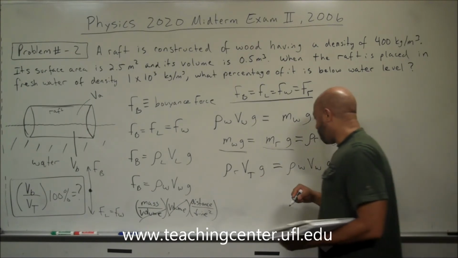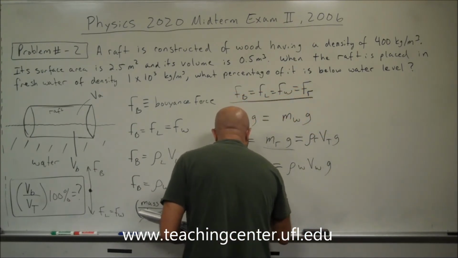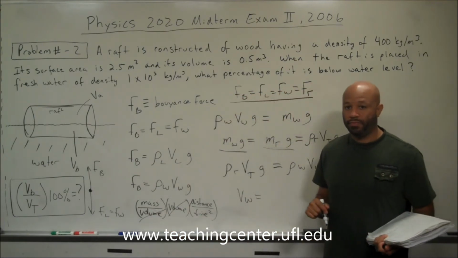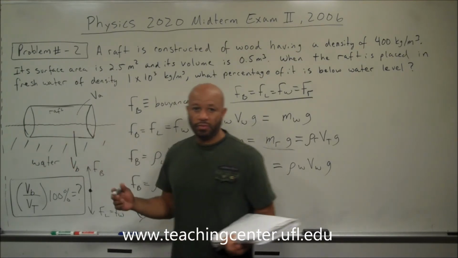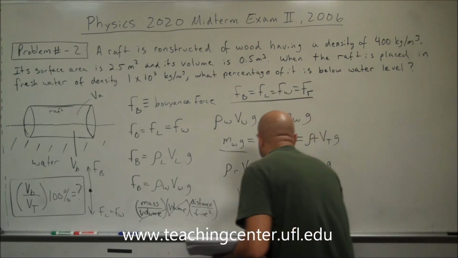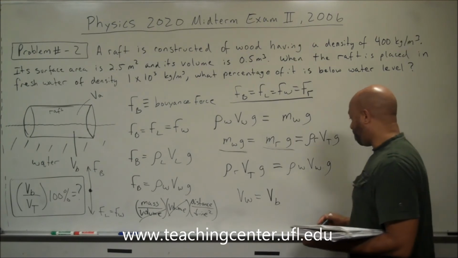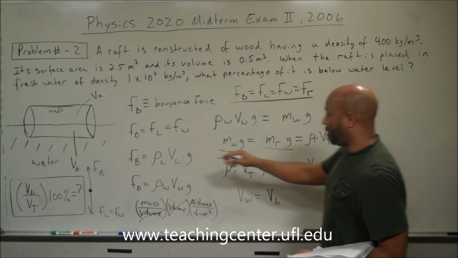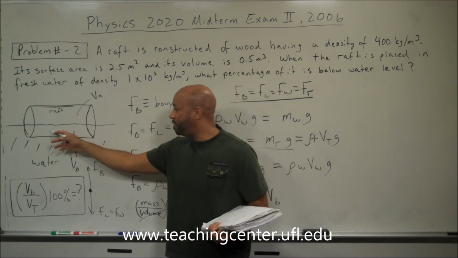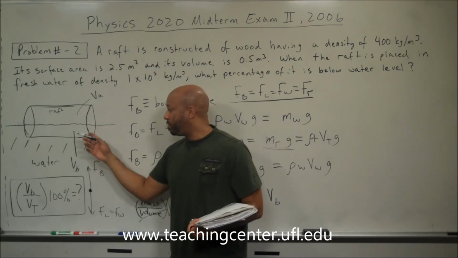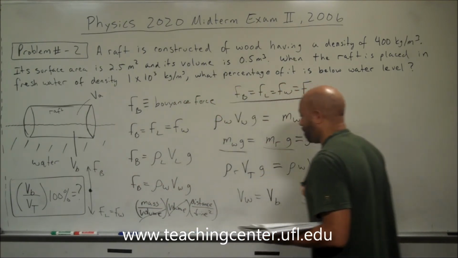All right, now what we also know is that the volume of the water displaced, which is V sub W, is equal to the volume of the boat that's under the water. Okay, so we know that V sub W is equal to V sub B, right? Because the object is going to displace its volume. So if this part of the raft is under the water, the volume of water that it's displacing is equal to the volume of the raft that's under the water. Okay, so